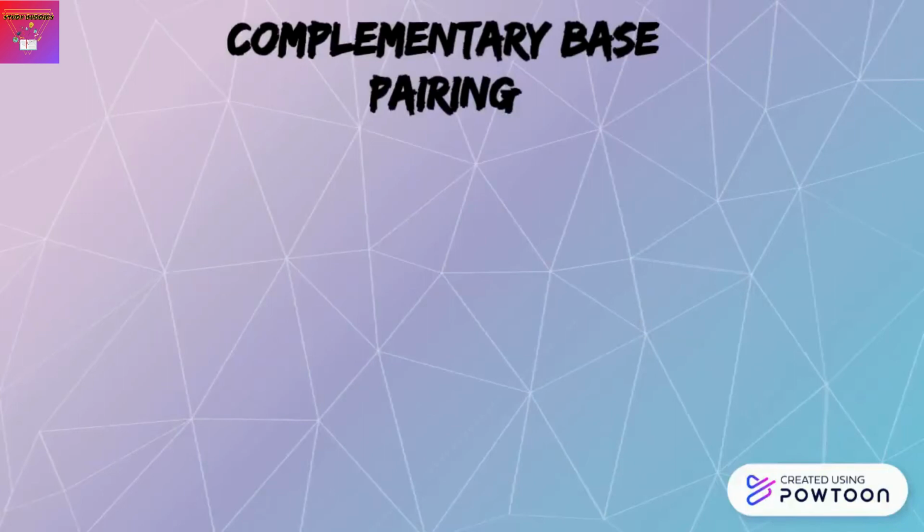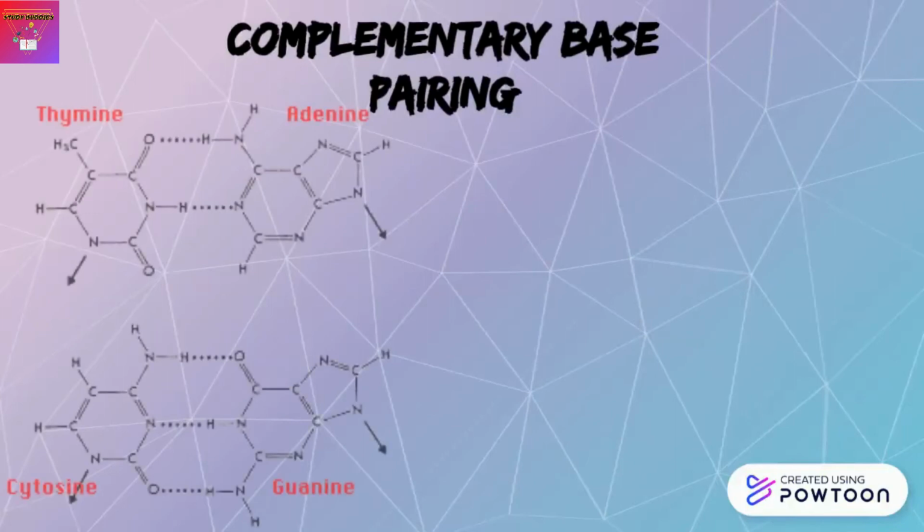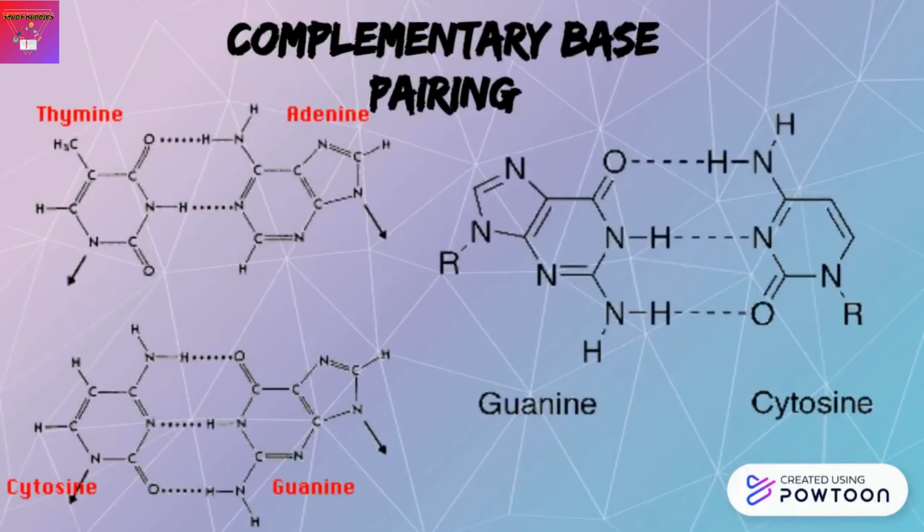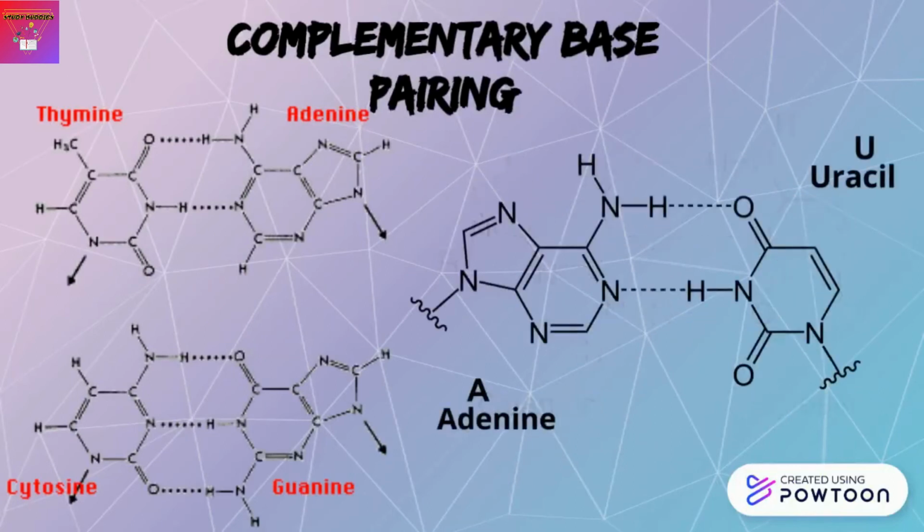Next, we have a very important concept to be remembered, which is complementary base pairing. What complementary base pairing says is that the base adenine only pairs with thymine and guanine only pairs with cytosine. In RNA, adenine only pairs with uracil instead of thymine. This is a universal rule in nucleic acid making. If you notice, only a purine and a pyrimidine are paired together. Pairing of purine-purine or pyrimidine-pyrimidine cannot occur.